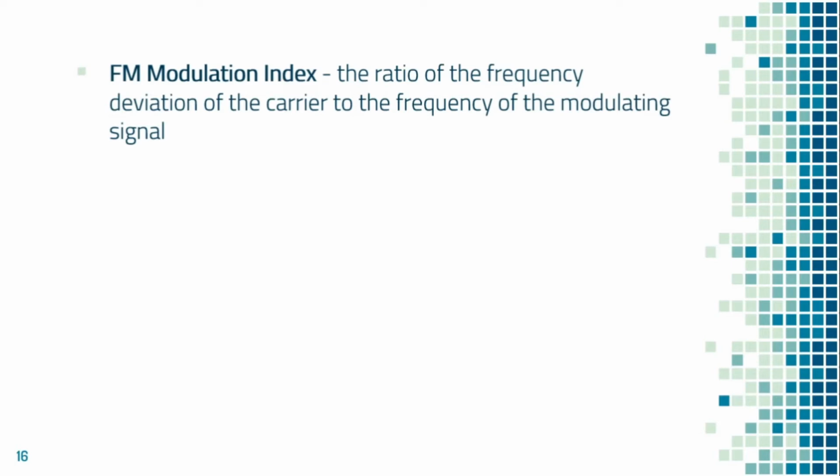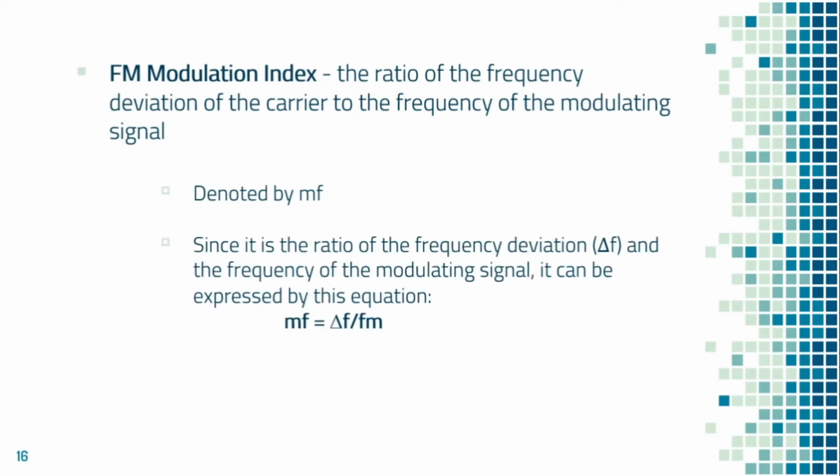The FM modulation index is the ratio of the frequency deviation of the carrier to the frequency of the modulating signal. So, ito yung ratio kung gaano nabago yung frequency ng carrier doon sa frequency nung nag-modulate na signal. It is denoted by MF. Since ratio nga siya ng frequency deviation at ng frequency ng modulating frequency, it can be denoted by the following equation, which is MF is equals to delta F over FM. At delta F refers to the peak frequency shift to carrier, since carrier swing nga yung peak to peak frequency